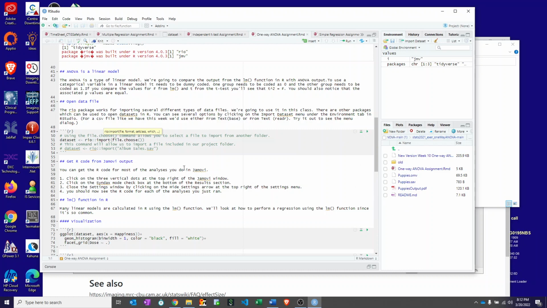You could just change the name of that to our puppies.save, and do recall that sometimes this file choose command, the pop-up can open up behind this window, and sometimes you have to search for it. I'm just going to go ahead and change this to the puppies.save dataset name, so I don't have to mess around with the